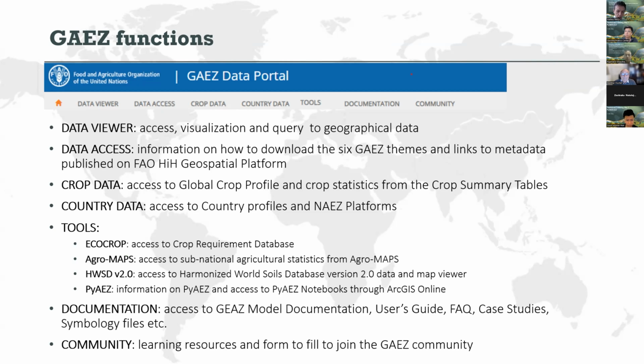Then you have documentation, the GIS documentation, the user guide, and a link to the community where we are providing data, learning resources for the different institutions to be able to share knowledge and experience through this platform. So that means national organizations that work in the agricultural sector, or mapping agencies, ministries of environment who work on adaptation to climate change, and others.